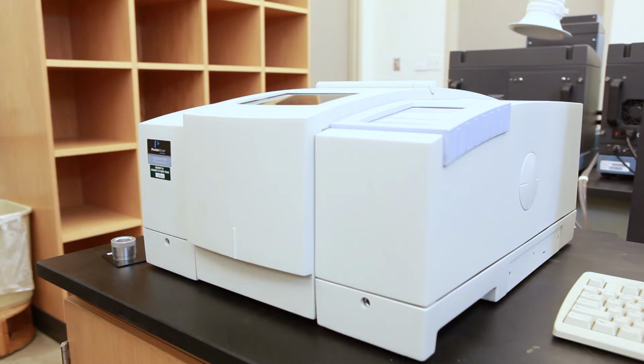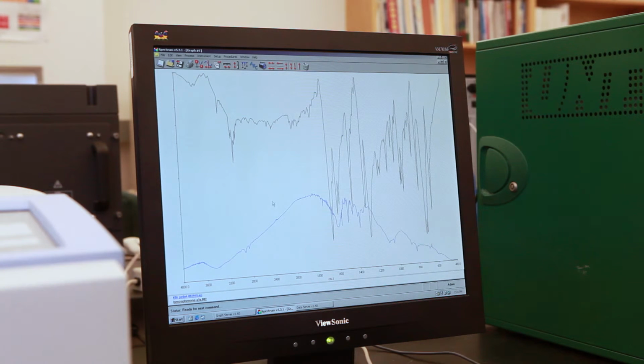The part of the light that is transmitted through the sample goes through a series of monochromators and gratings before being received by the detector. Finally, the signals are amplified and processed with the help of specific software. After we finish collecting our data, we get two different spectra. The blue one is our background, and the black our sample. As you can see, the potassium bromide absorbs a lot of energy in the infrared spectrum. That's why we need to subtract its absorbance.